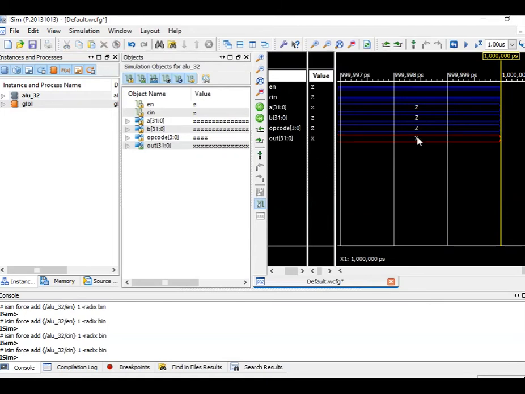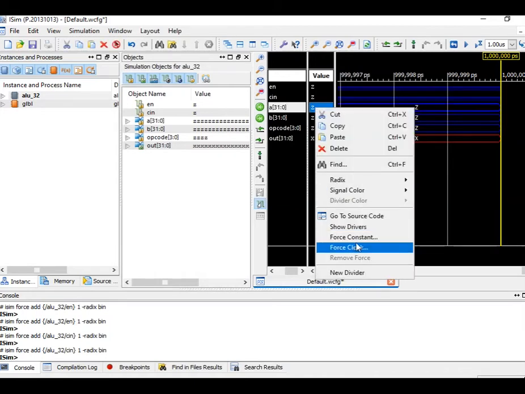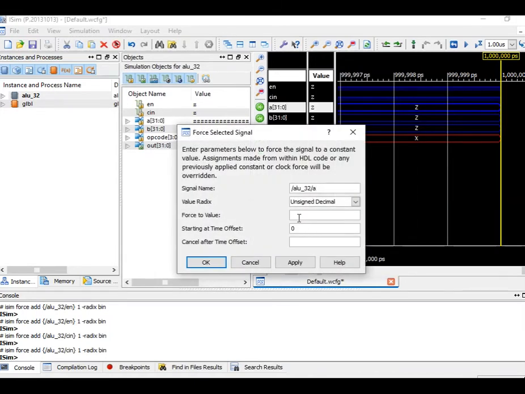You can see all are shown in a single line, but internally they are all 32 bits, and I'm giving them as a decimal number. Now I'll force constant. Instead of binary, I can even force decimal numbers here. Earlier it wouldn't take decimal, but now it is taking decimal, only because I selected unsigned decimal. I hope you got the reason why it is now decimal. So I can give any decimal.